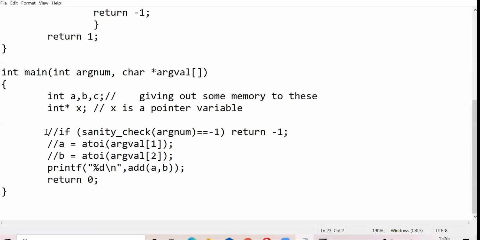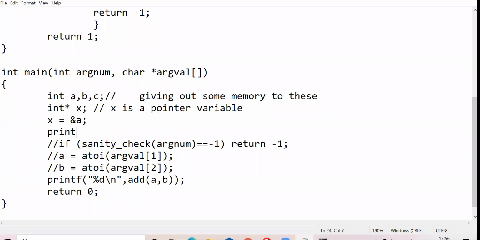Now what I want is this X to hold the address of A. If I write something like this, it will show me an error. Why? Because X is a pointer type of variable. It can hold only the address of another variable, not the value of any variable. So I always do something like this. So this means address of A. So X is now a pointer variable which holds the address of A.